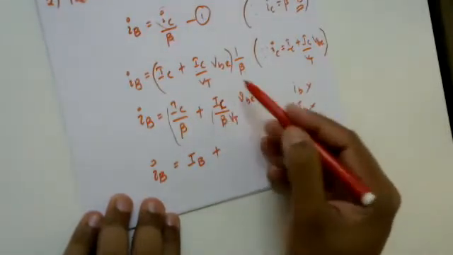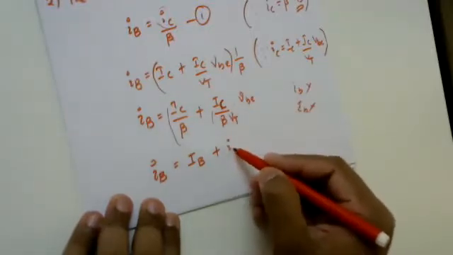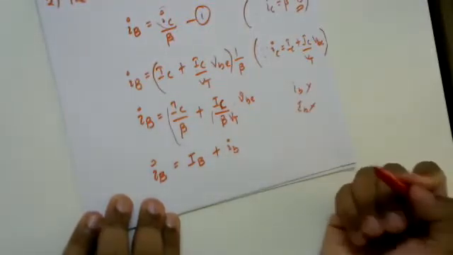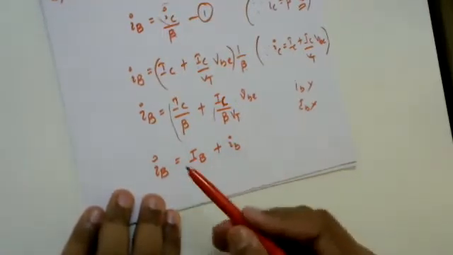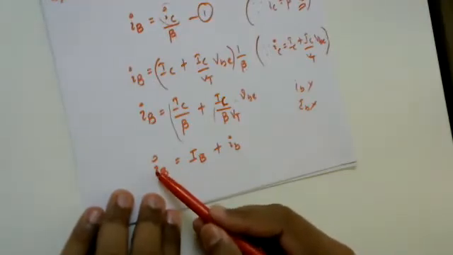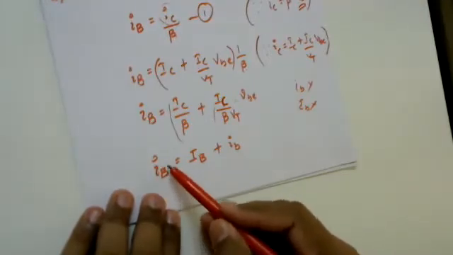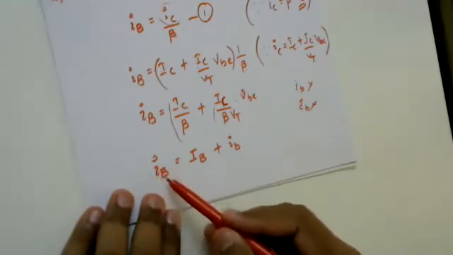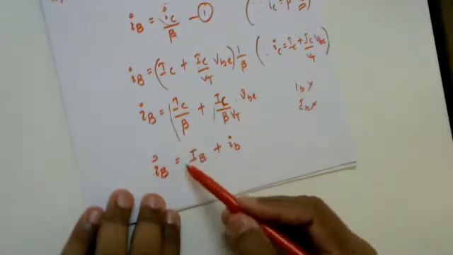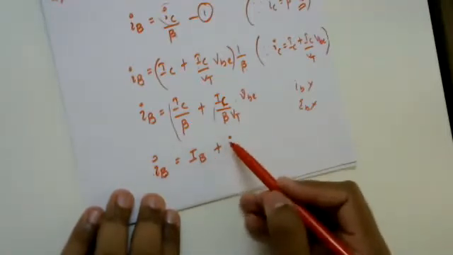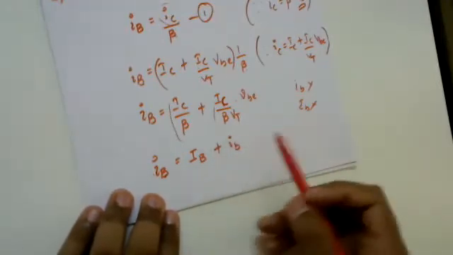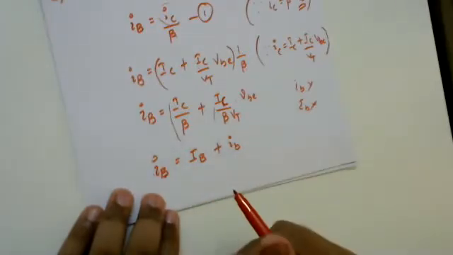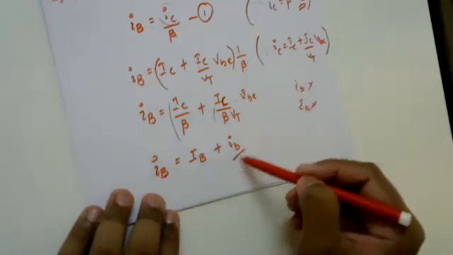Since it is talking about the AC component, I have to write this as small i and small b. All the terms have IB only, but this IB says that it's an AC component involving a DC component. It's a superposition of both AC and DC. This is a pure DC. This is a pure AC. Understood? Now, once I get this expression, I'm only interested in the AC component, so I'll just consider this term.